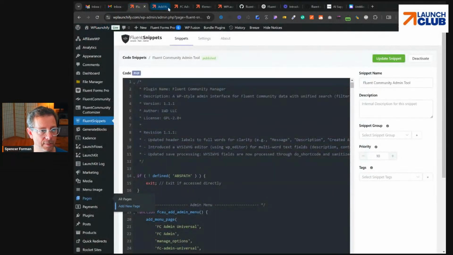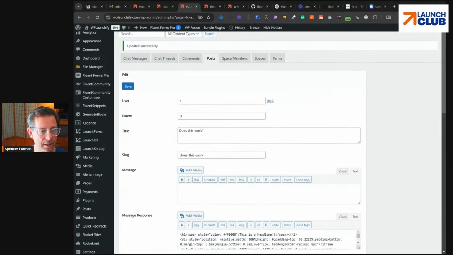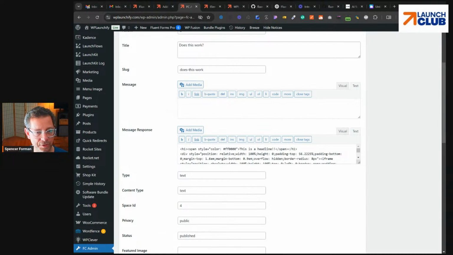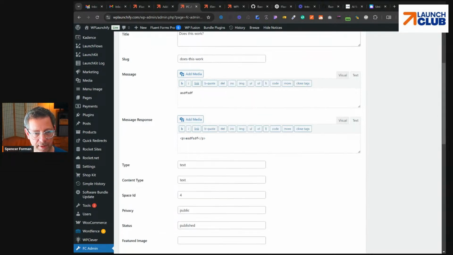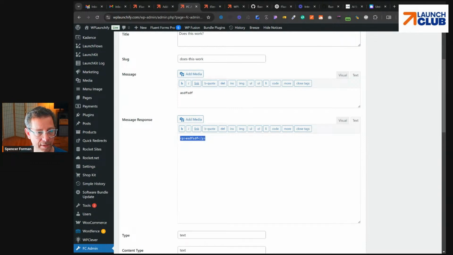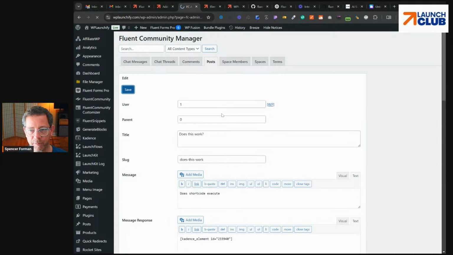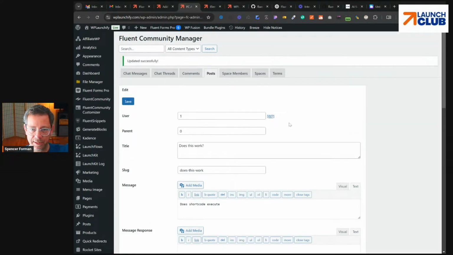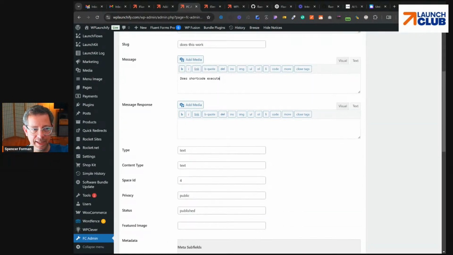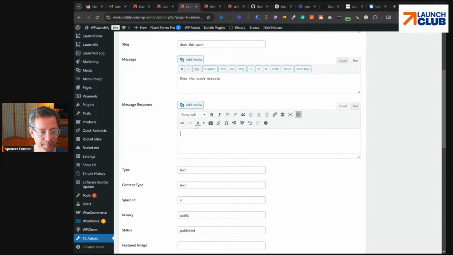So let's try one more time. Instead of in the message area, let's try it in here. I'm going to refresh the page because I deleted a bunch of stuff. Let's see what happens if I just put it in here. Does shortcode execute? Sometimes it will, sometimes it won't, because one of the things I've not tested yet is order of priority. What has to happen when the content is created here and saved in the database, it has to execute in order to save it. And I can see that it's not working. So that is not going to happen.